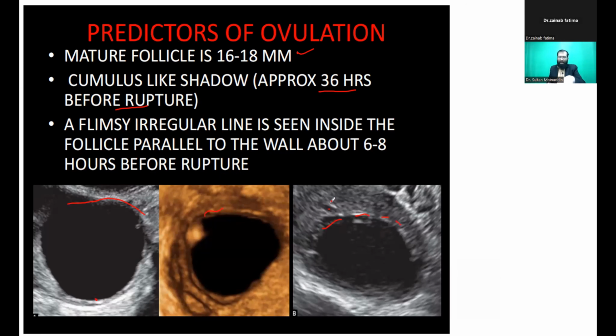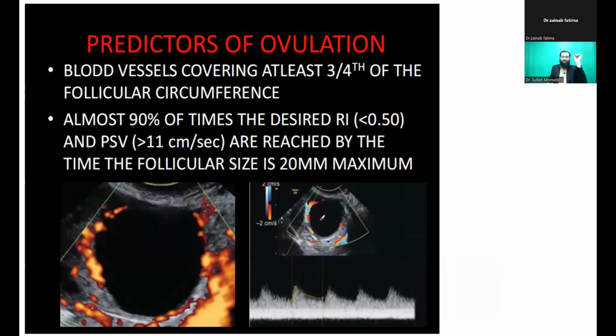And you might see that in the periphery there are some increased vessels. It won't show a ring of vessels. It will show increased peripheral vasculature. So once it ruptures, you know that it will lead to formation of the corpus luteum. Blood vessels cover at least 3/4 of the ring, and almost 90% of the time the RI is less than 0.5 and PSV is more than